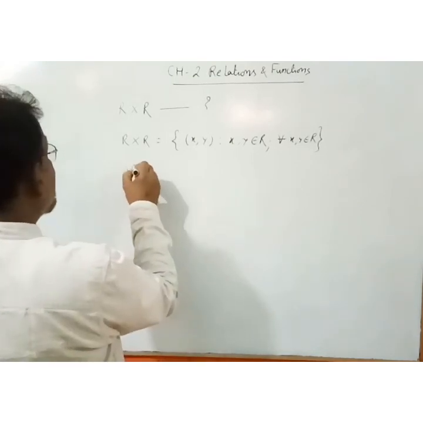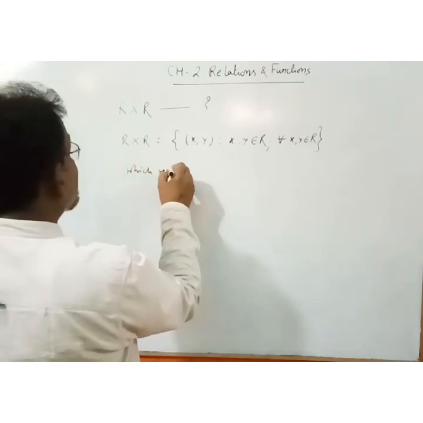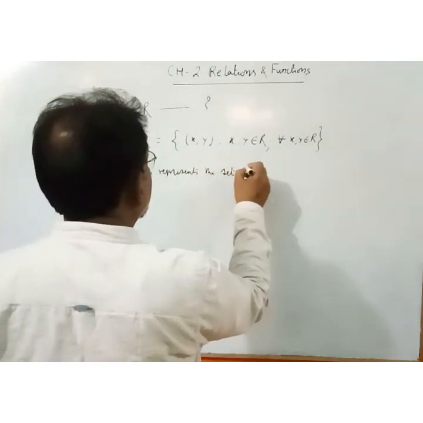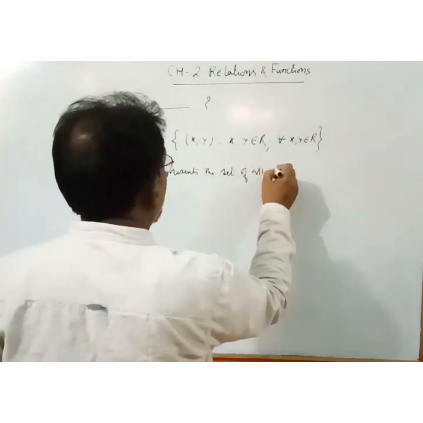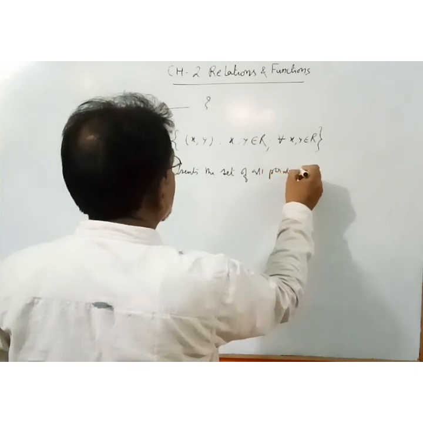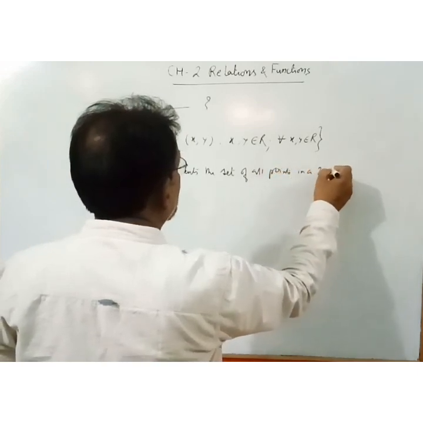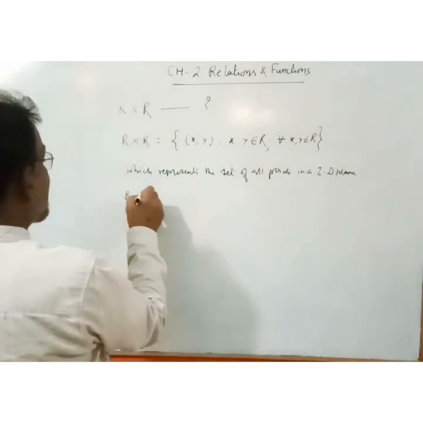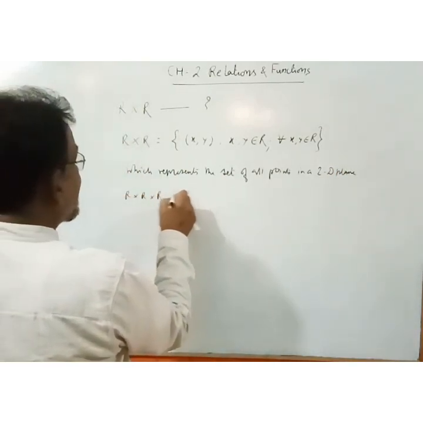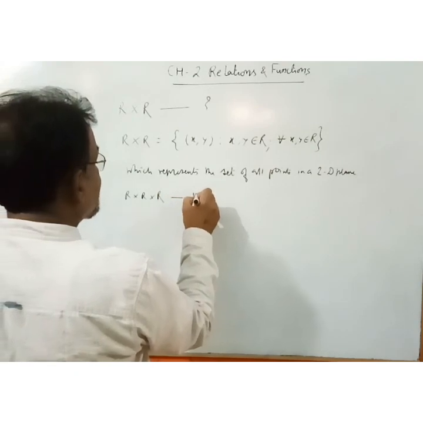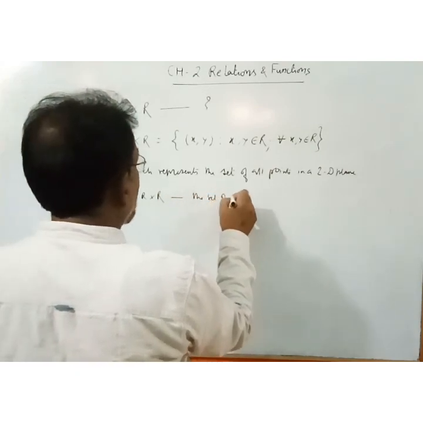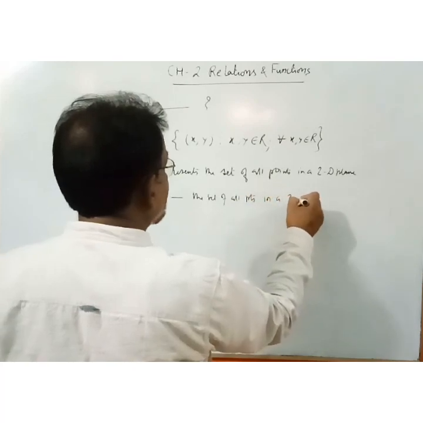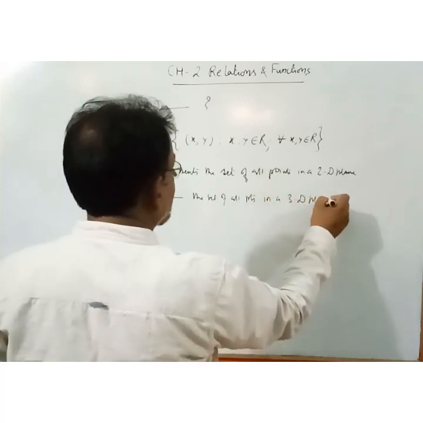So we will write which represents the set of all points in a 2D plane. Similarly, R cross R cross R अगर हम बनाएंगे तो क्या होगा? The set of all points in a 3-dimensional